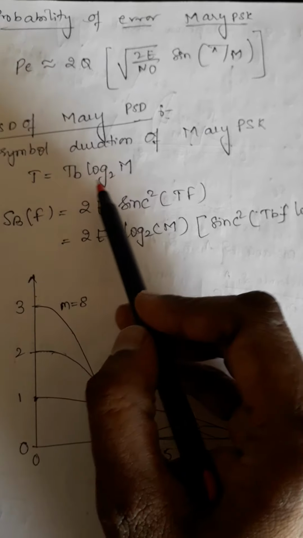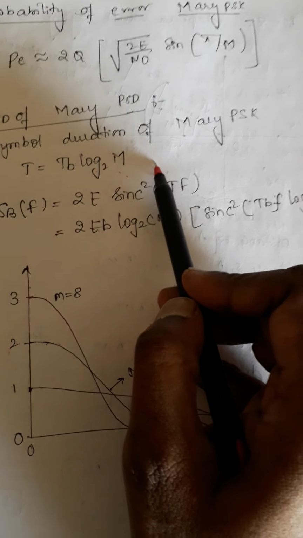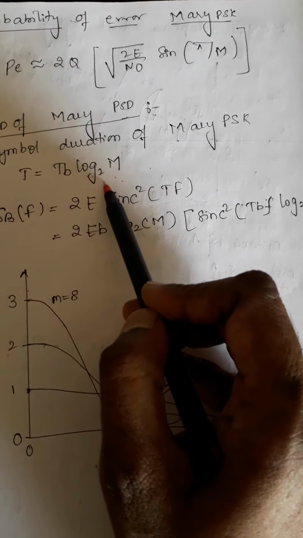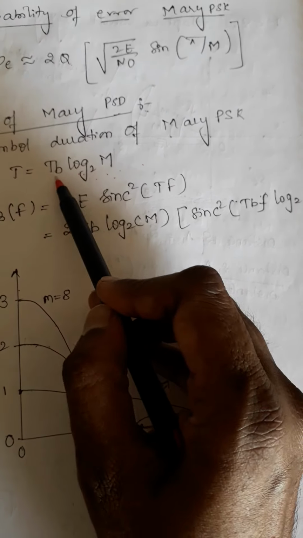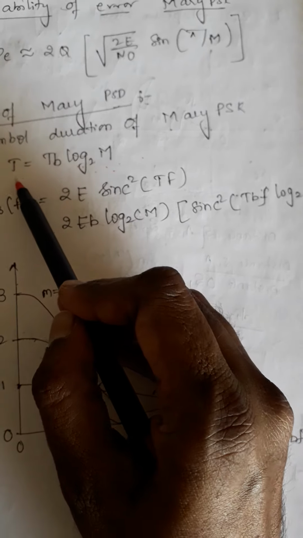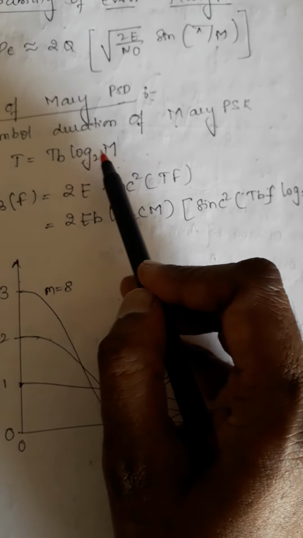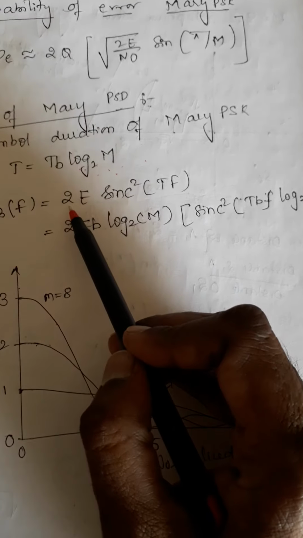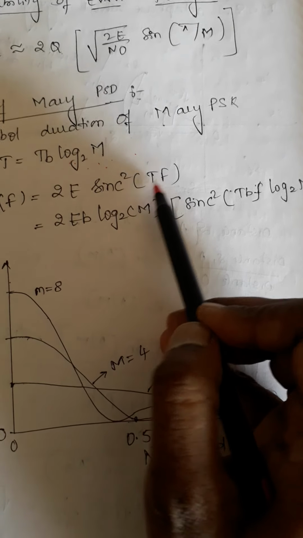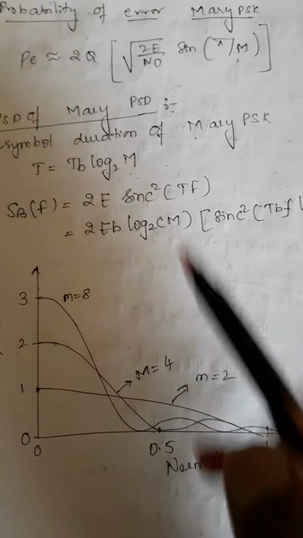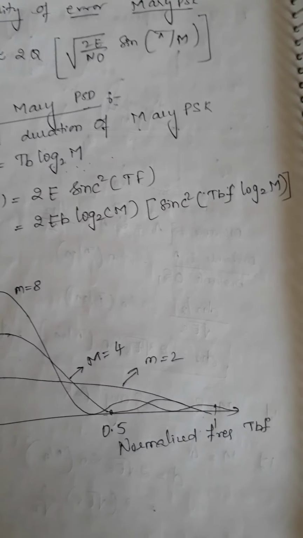But remember T is equal to Tb log 2 of M. So when I say log 2, M is 2 to the power of n, so n will come. That is nothing but Ts is equal to Tb into n. You are very familiar with the 2 into sinc function followed by Tf. So I am continuing further. I am not dealing with the graph and all those things; you can study by yourself.